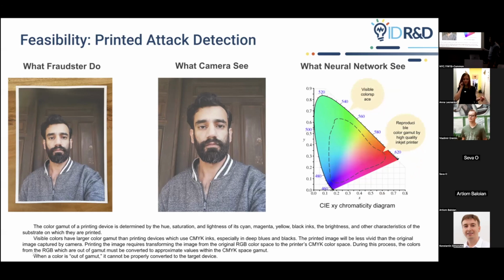Actually, you look at the chromaticity diagram. It's called gamut. You may see that real faces or real images have a wider diagram compared to images printed using a printer, because the printer cannot reproduce the full spectrum of colors. And if we move to the frequency domain, we may see that printed images have reduced space on this diagram. So the neural network can transform the image into the frequency domain, make some analysis implicitly, and make a pretty fine